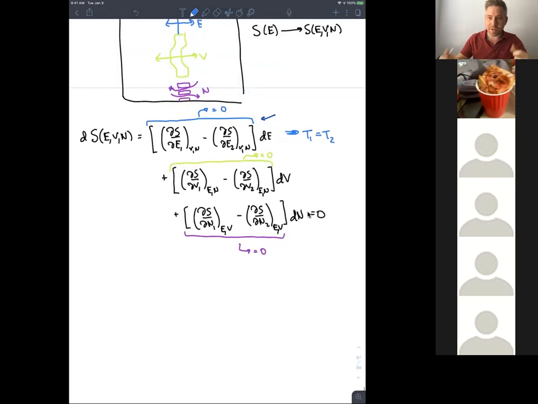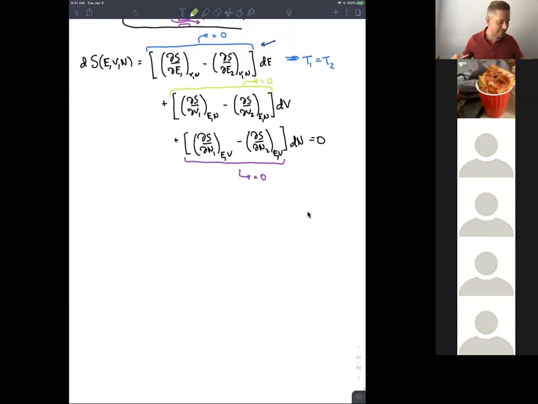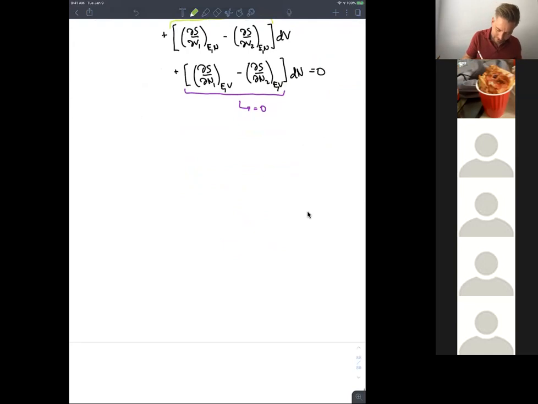Okay, so now let's talk about what these other two give us. I'm going to use the darker green because the bright green is going to hurt the eyeballs. All right, so now let's talk about the second one. The second one says that this is true, that the partial derivative of S with respect to volume,